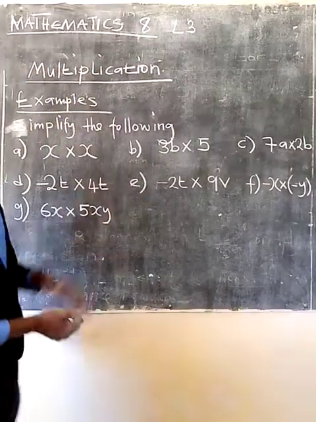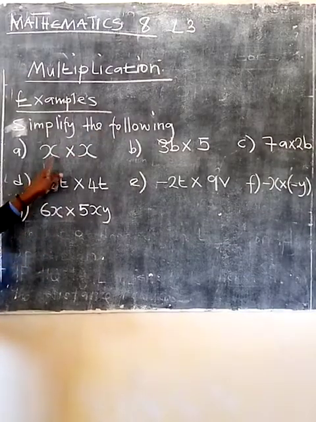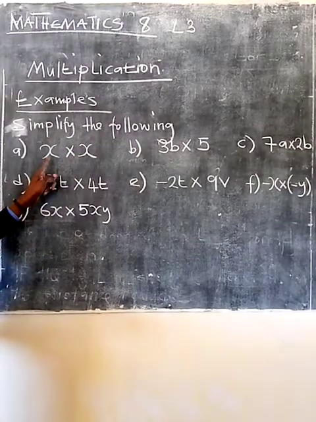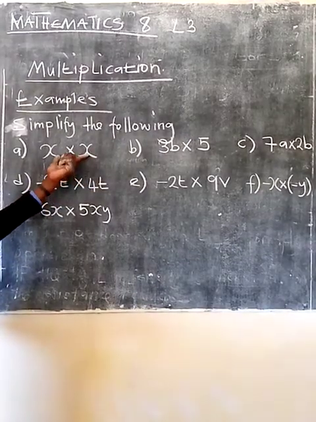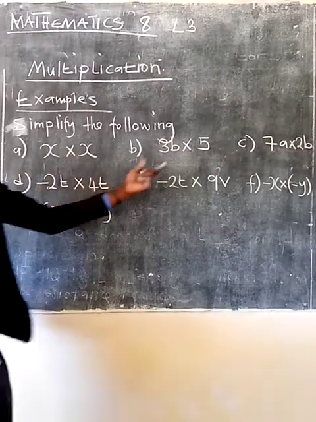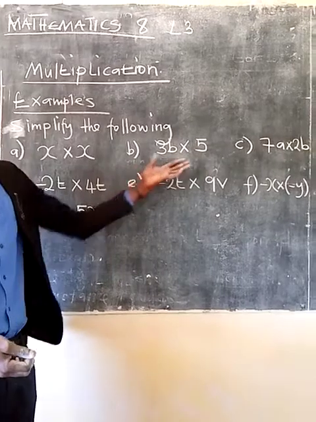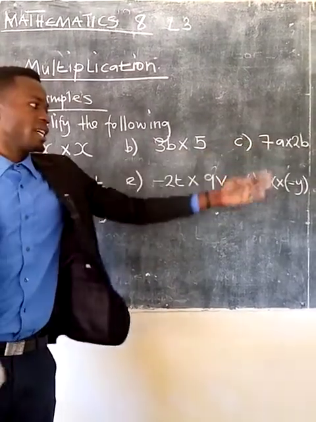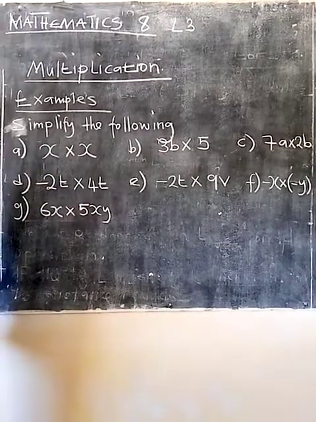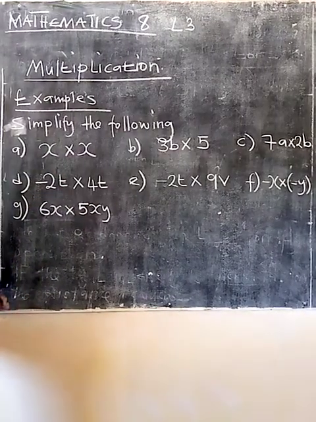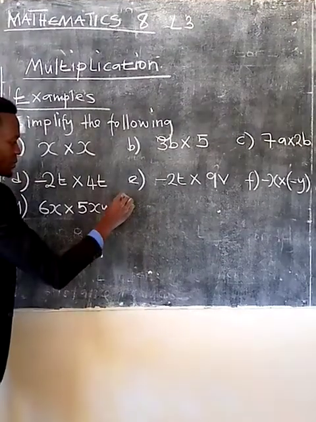So we have some examples there. So simplify the following. So we have x times x. So we know that we have variables there. These are variables. Then how are we supposed to multiply these variables? How are we supposed to multiply a coefficient, a variable, and also a number once they are combined like that? Even there. So it's very important that you understand the way you're supposed to multiply these variables combined with numbers or coefficients. Now, on the first one, we can say,